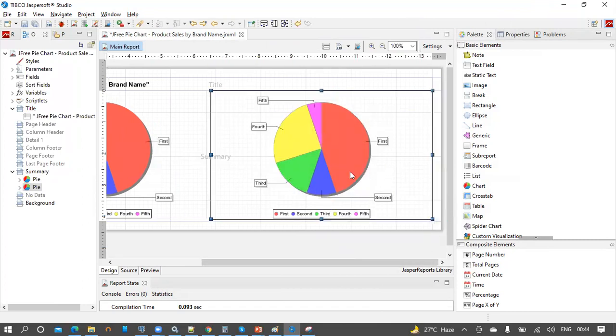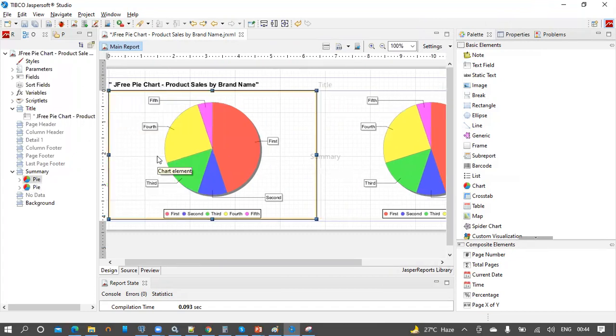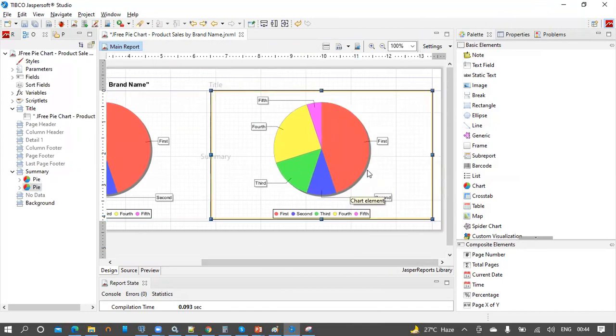So let's put these two graphs side by side. The first one resembles the default view, and in the second one we are going to get the values and the percentages beside the category names.